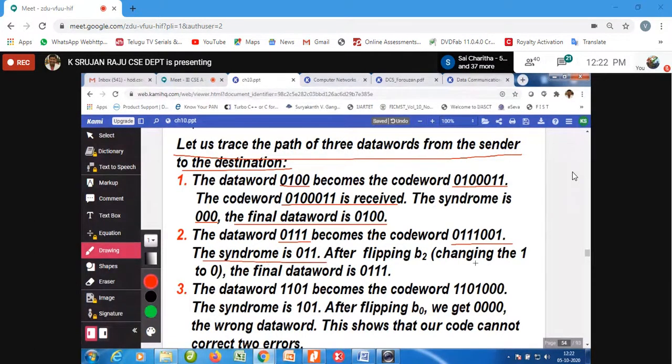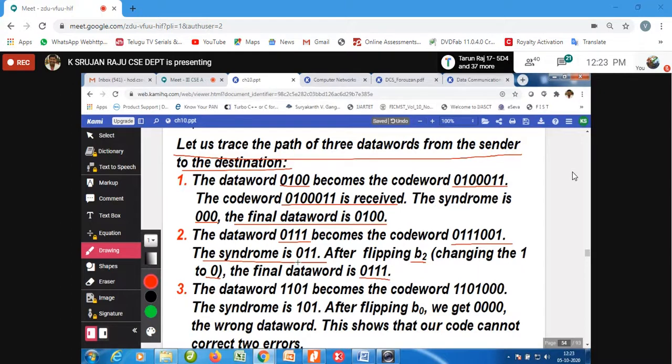When I do the syndrome, the received code word is different, so your syndrome is not 000; you are going to get 011. After flipping B2, that is changing the 1 to 0, the final code word is 0111.